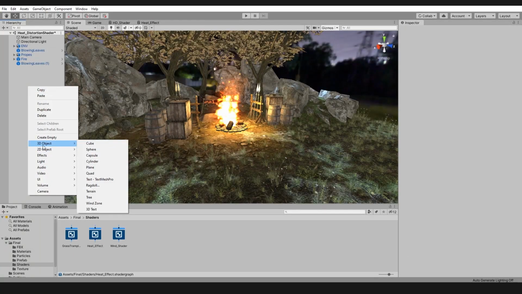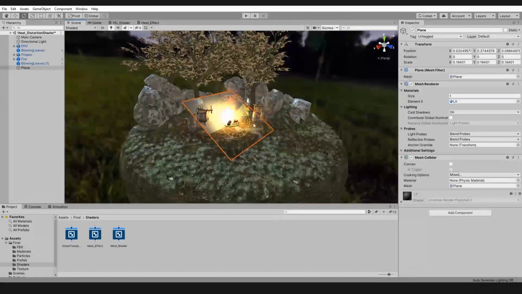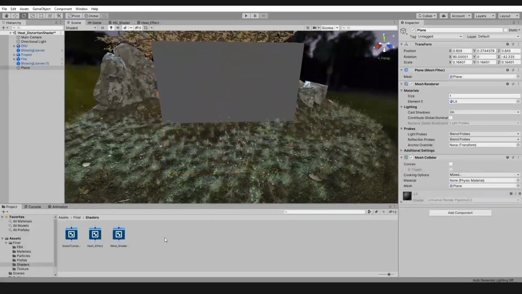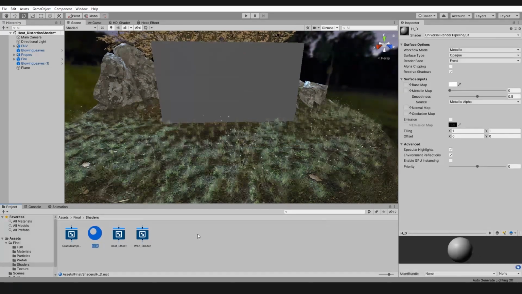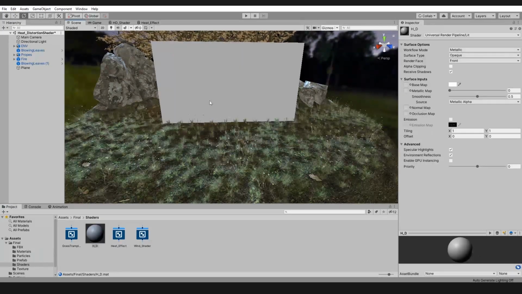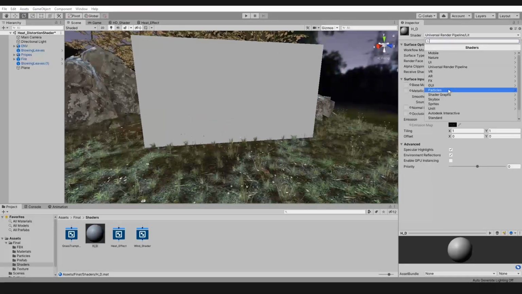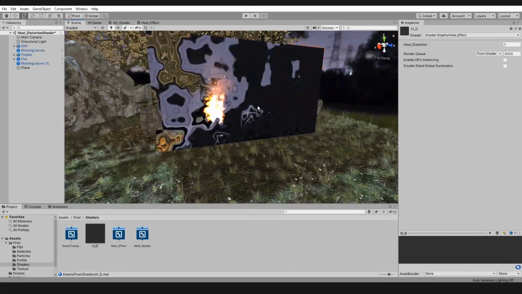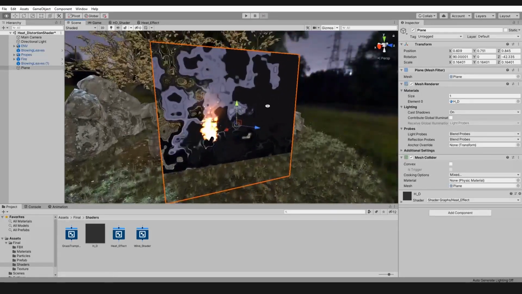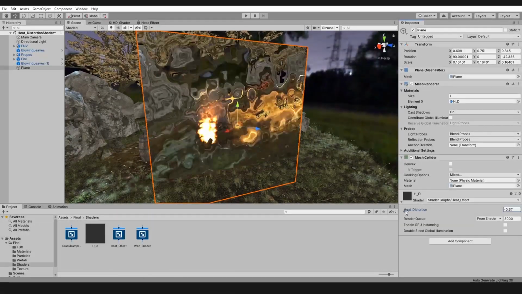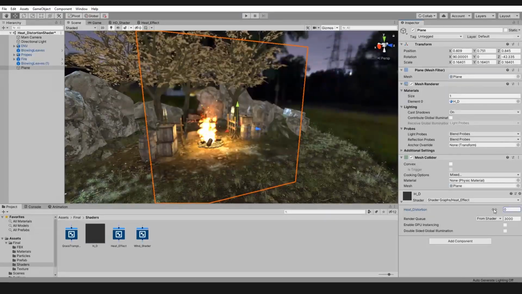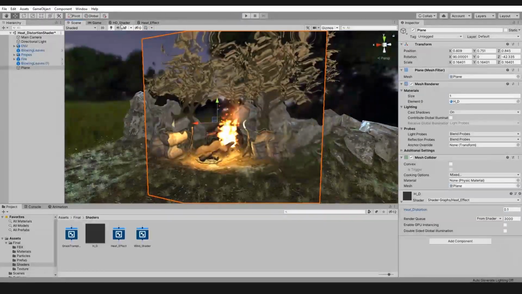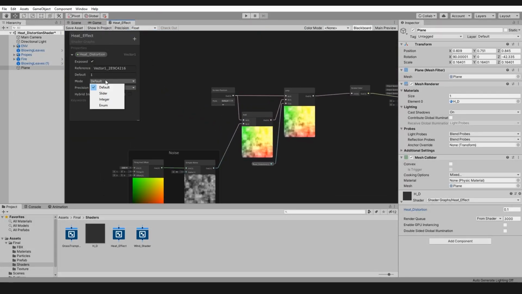Here you need to create a simple plane. Create a simple material and apply it onto the plane. And on the material, click Shader and go to Shader Graphs and select the heat effect. And voila! As you can see, our heat distortion effect is working pretty fine. The only thing we need to adjust now is its strength. Rather than putting a number for the strength of heat distortion, let's make it a slider.